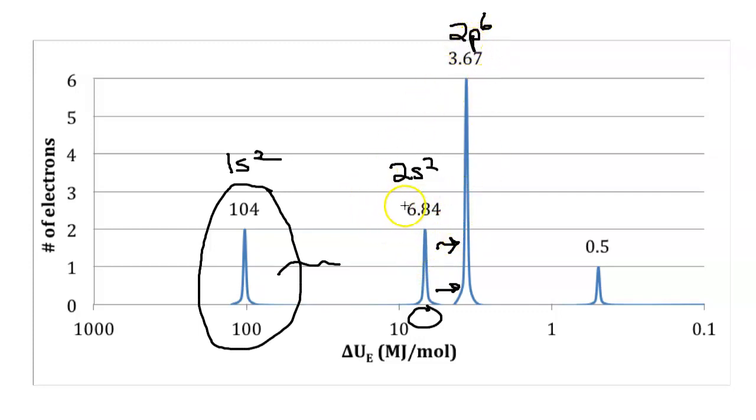Imagine that. This is verifying our electron configurations. And then we have a peak pretty far away, and it's half this peak. Well, guess what? That must be our 3s1. Notice between energy levels,